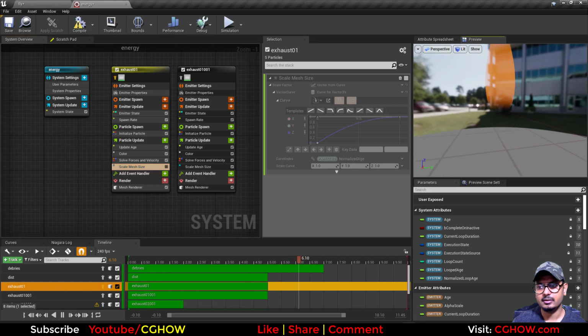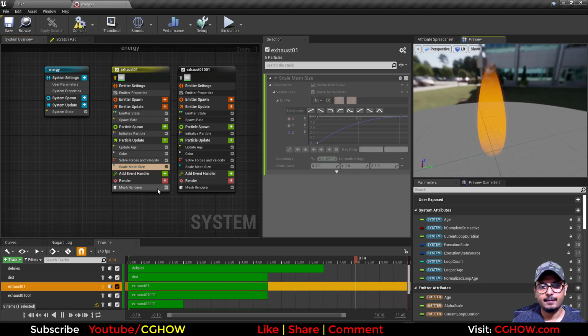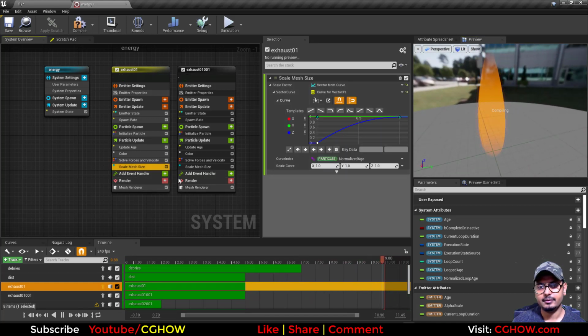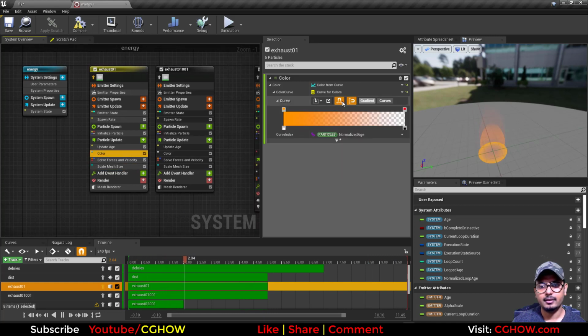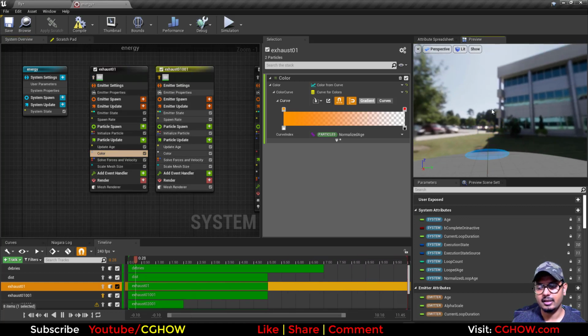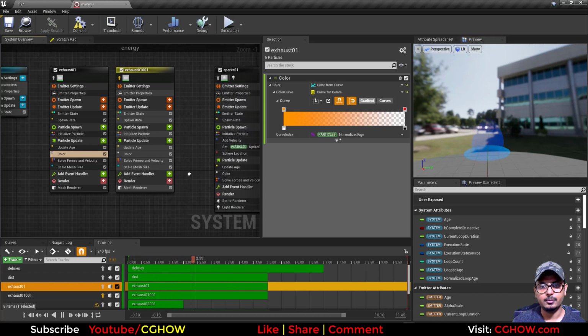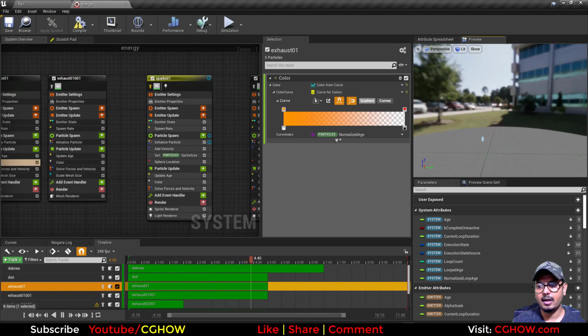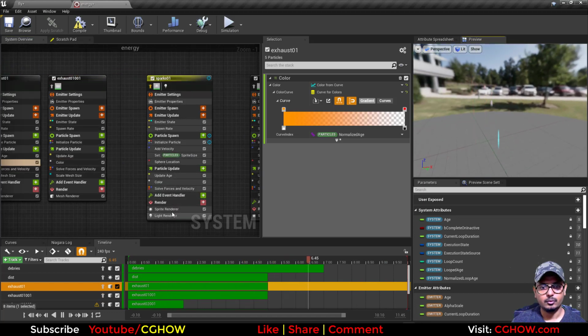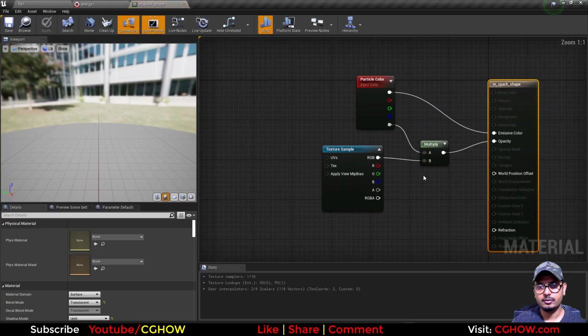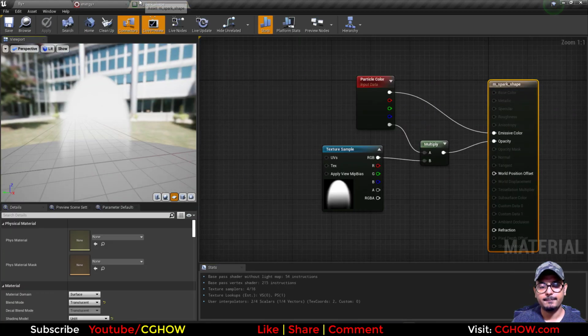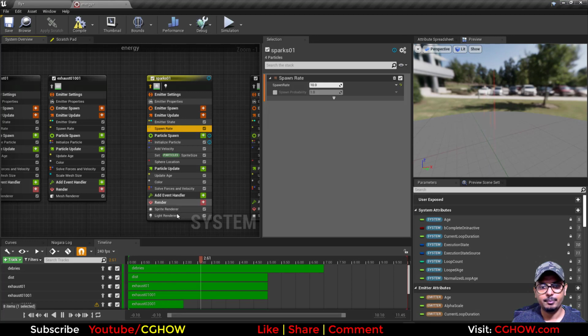So you can see this is static size, and this is animating, and color is of course orange. Then duplicate it and just change the color and size, so it doesn't have much height and it is blue. Then some sparks. So I have this texture for spark, very basic texture material, and then spawning some particles,